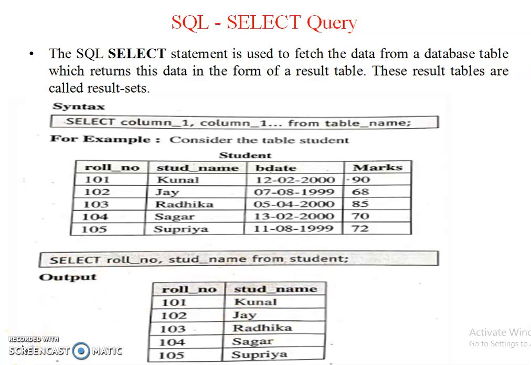The names of columns specify data from which column we want to display. If we want data from all the columns, then there is no need to mention column names. The star symbol represents all the columns, or we can say fetching all the information from that table. For example, SELECT * FROM student. It means display all the student data. With a select statement, different clauses can be used to display the data as per our requirements. So this is nothing but your select statement.